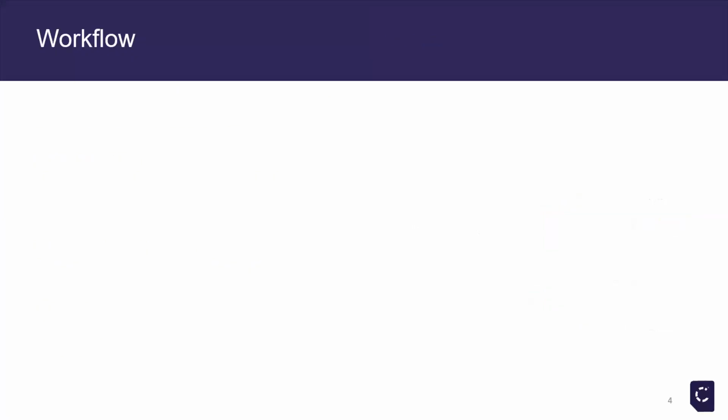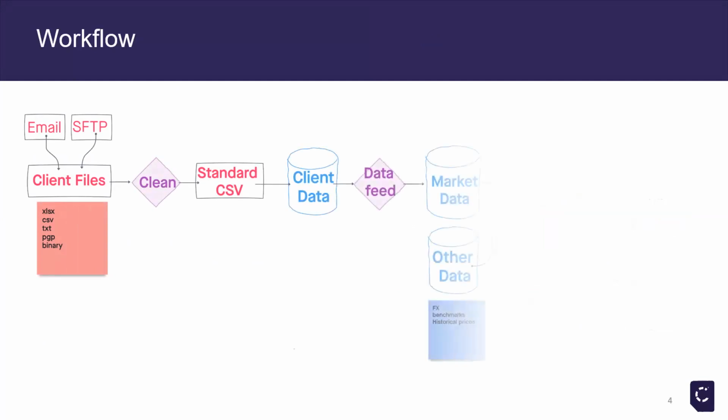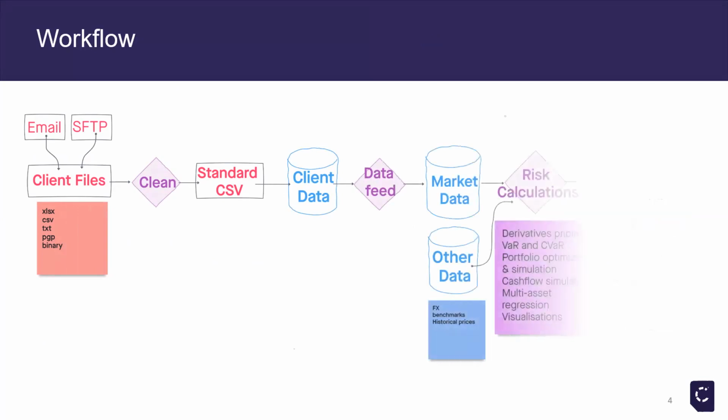So now that I have explained who we are and what we do, let's take a look at how our solution works. The process consists of different steps. The first one is getting data from the client, which comes in different ways and in different formats. Then we clean the data, possibly the most important part, and produce standard files for positions, NAV, balance sheet, shareholders that are loaded to our central database.